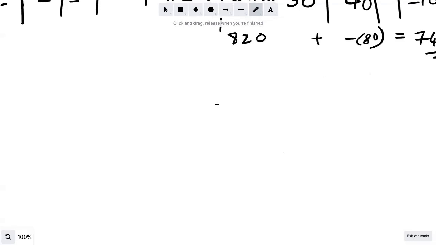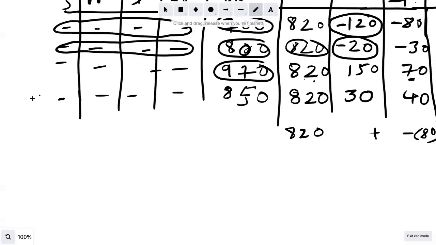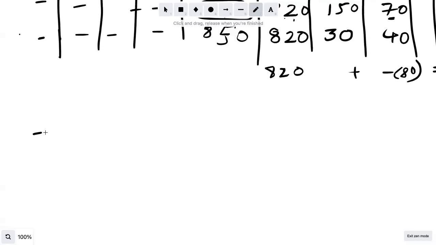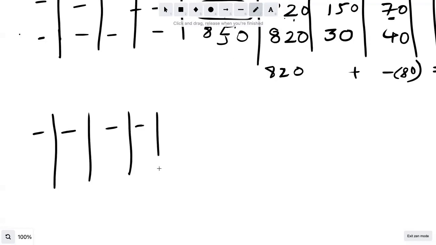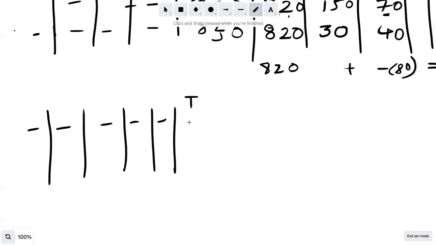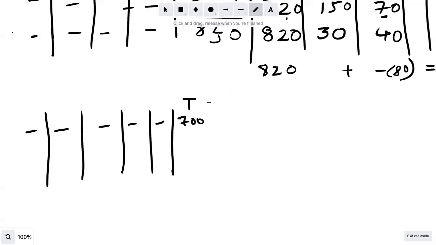So coming back here, we had this data. So we had these input columns, and the target that we are trying to predict was, what was it? Target was 700. And we predicted the average. The average was 820. So this was our initial prediction, P0.